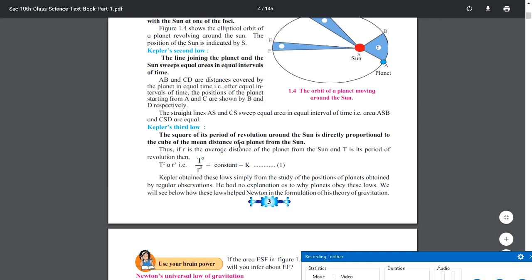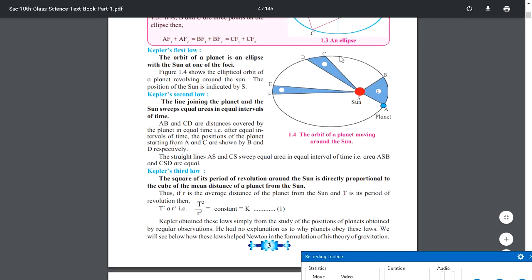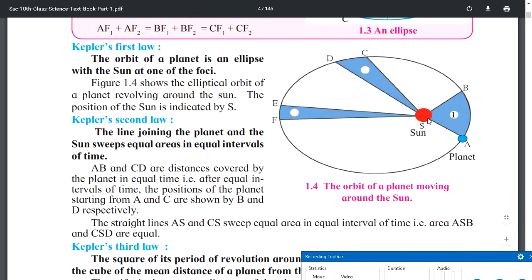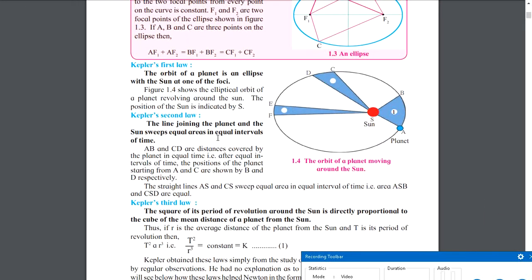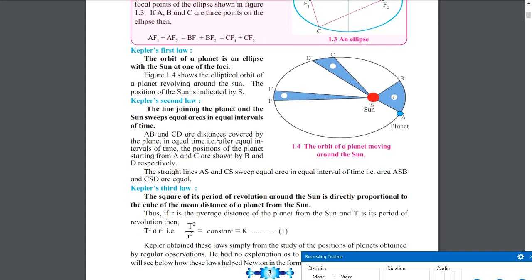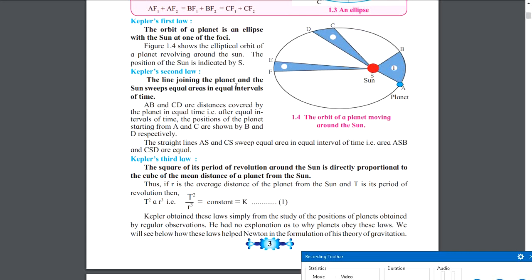Now let's understand it one by one. Mean distance of a planet from the Sun. What does this term mean? The distance of a planet from the Sun actually varies. If you see this diagram, you will see that the distance of a planet, if it is here, the planet is here, there will be some other distance. If the planet is here in this region, the EF region, it will have some other distance. So the distance is increasing or decreasing, but the mean distance, that is the average of all these distances, we will find out,